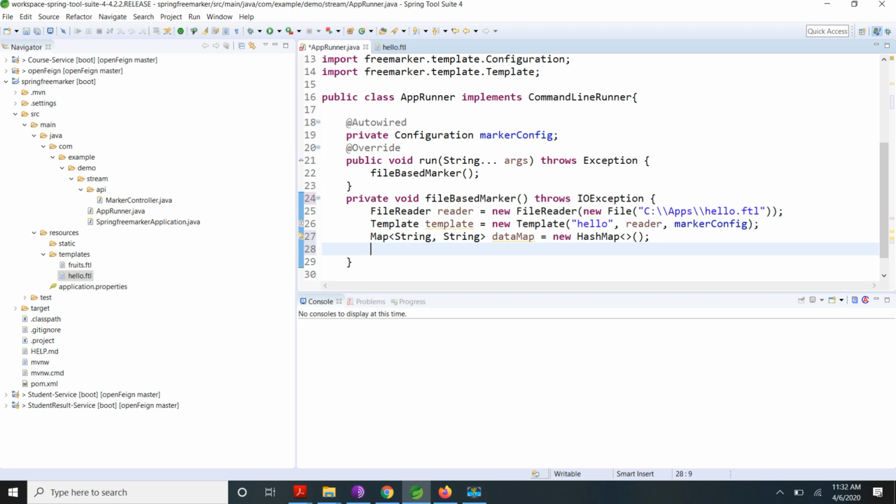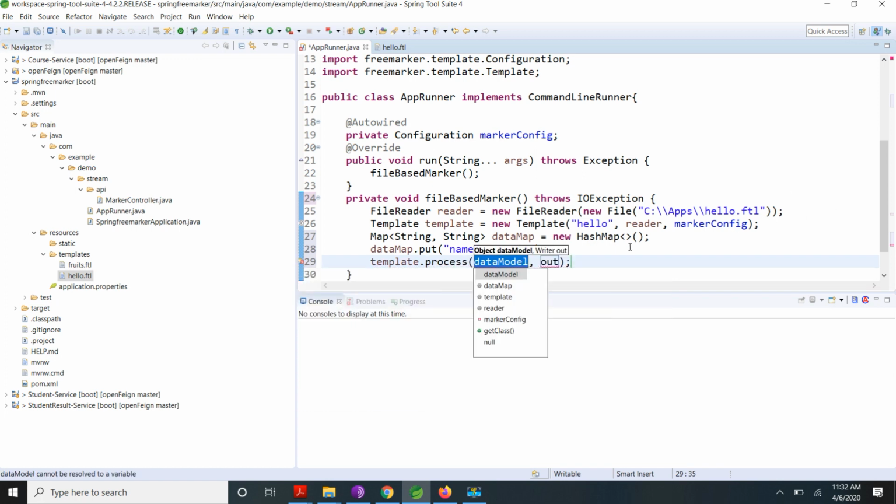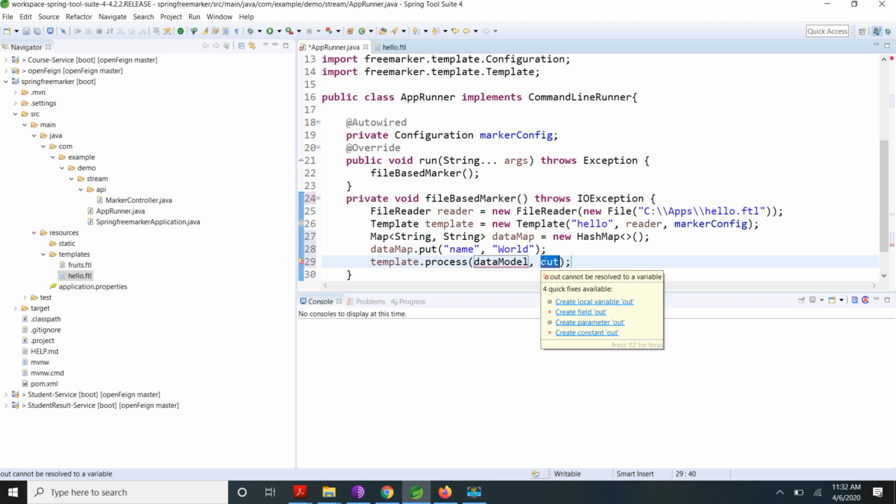To my map I'm going to put my data: key name, value world. Now I'm passing this to my template process method. I'm going to use template.process, passing my data model, and for the out, instead of the java.io System.out object,